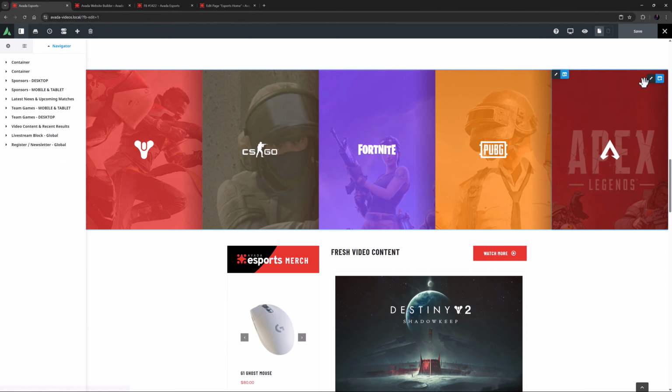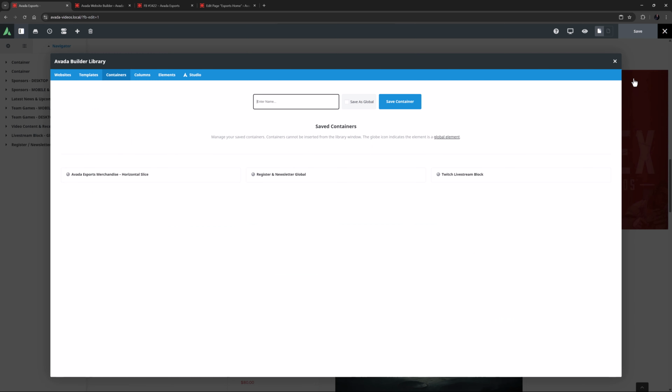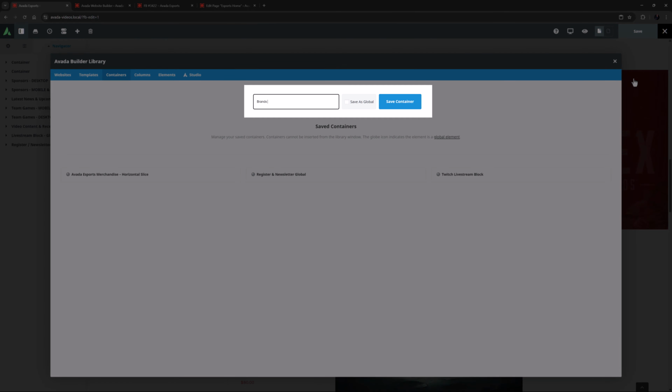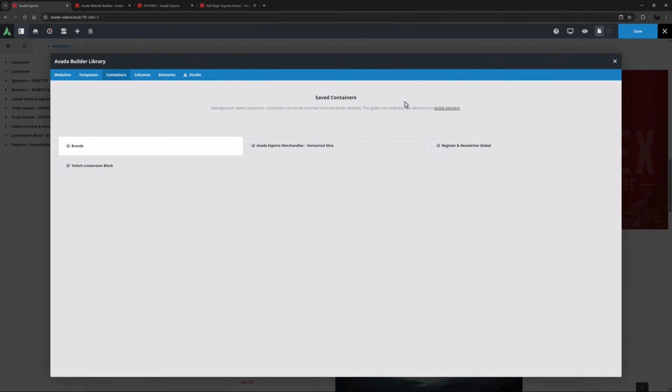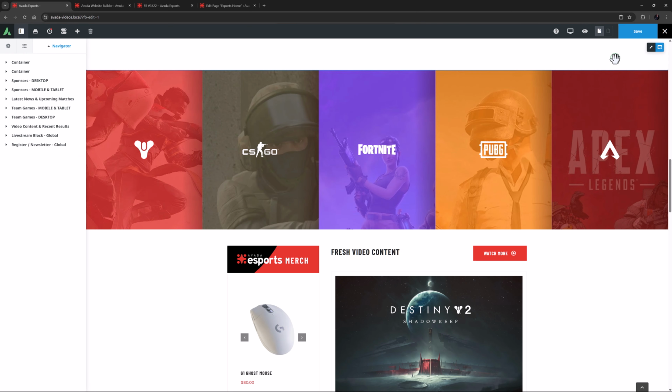If we mouse over this container and click the Save Container icon, the library opens to the Container tab where we can give this container a name and save it to the library, either as an individual container or a global one. To save an item as a global one, you just need to tick the Save as Global checkbox when saving. A globe icon appears on the item in the library and also on any page where it is used. Note how all the borders and controls have also changed color to show us this is now a global